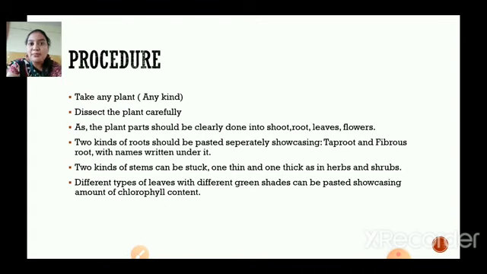So next you can place the leaves of two kinds where the green shade will be more in one leaf and little less in the other, and you all know that the green content is due to the pigment called, yes, chlorophyll. So next you can dissect or cut the leaves, shoots, roots. After that, okay, here ends the activity, and please kindly stick this activity in a chart and let it be colorful children.